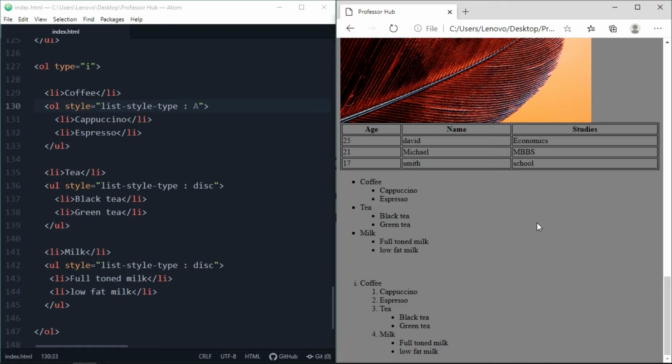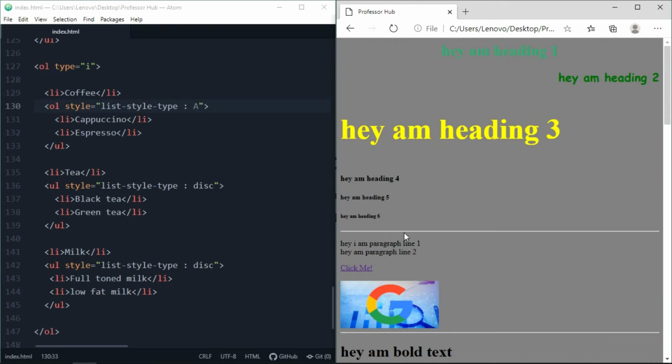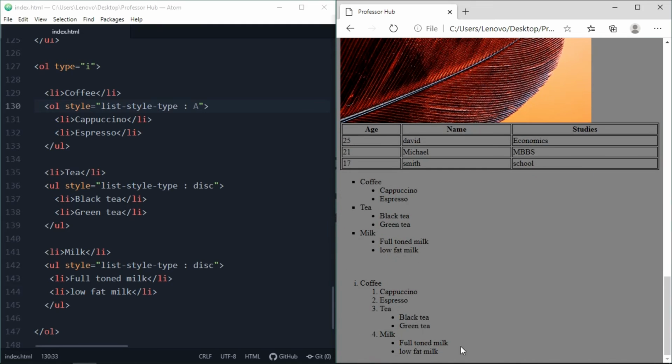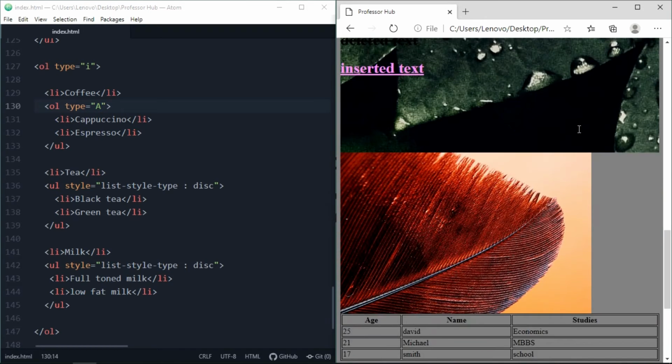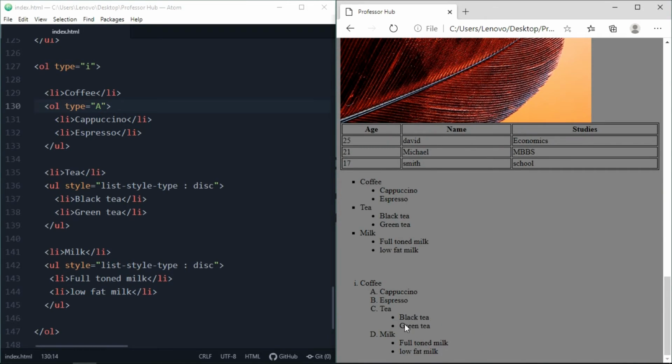Because it's basically an OL, and we don't use the list-style-type property here. We use just the type attribute here, which I told you earlier in this video. If you were listening properly, you will know that this is totally wrong. We have to use type here. Type and the one which you want, paste it instead of that and make it capital A. Save it and refresh it.